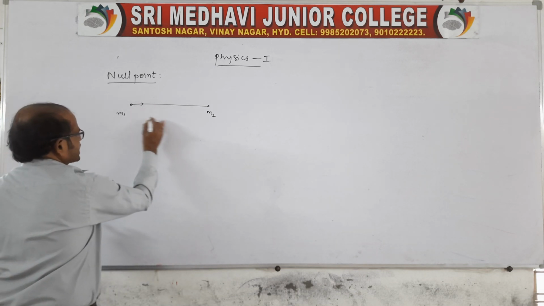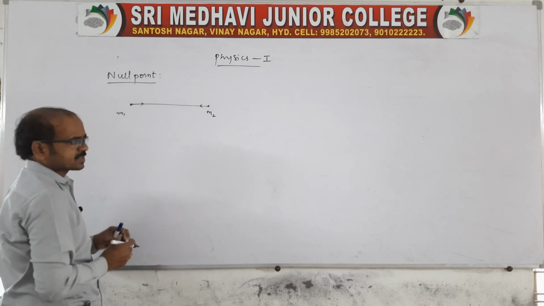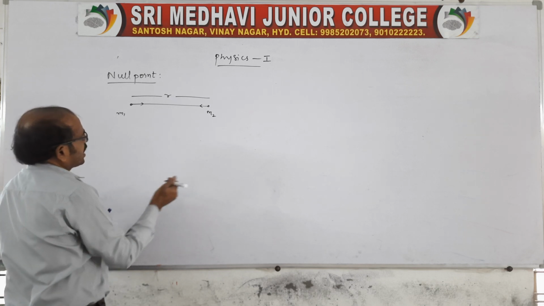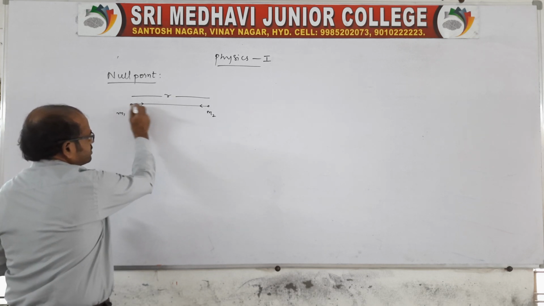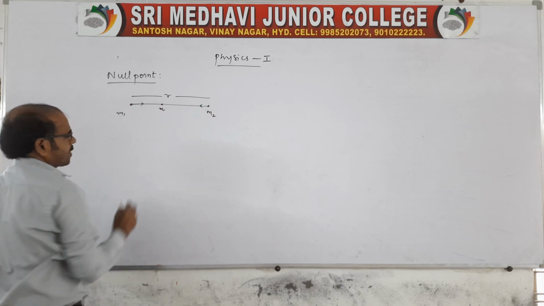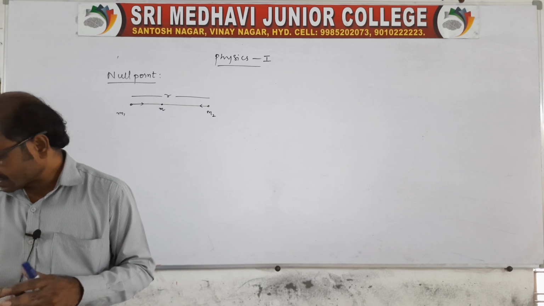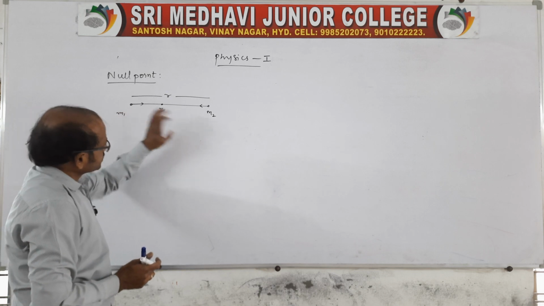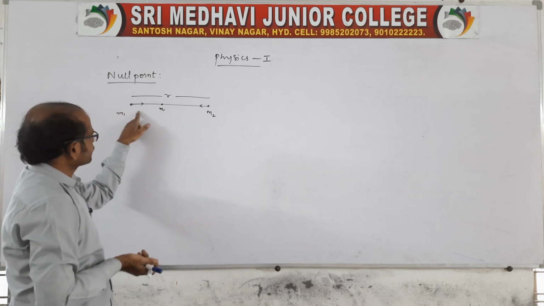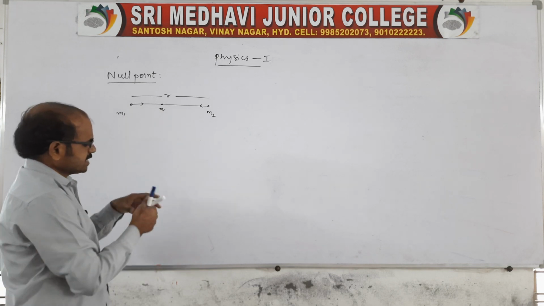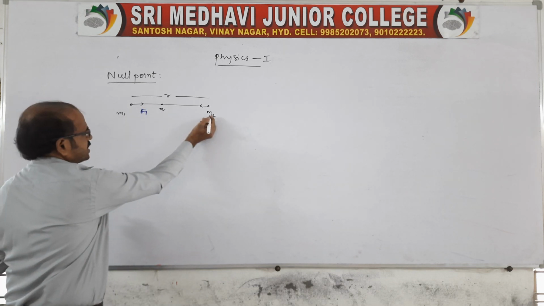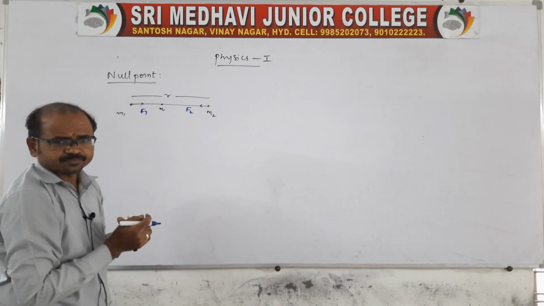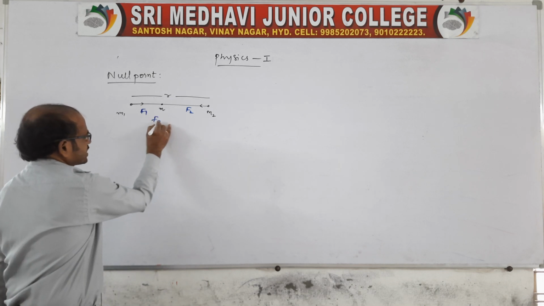The force acts between the two masses like this, and the distance between the two masses is small r. Let us take another point mass, small m, placed in between the two masses. Here we have two null points. One is between the two masses, because there is a force F1 acting between m1 and m, and a force F2 acting between m2 and m. Of course, they are equal and opposite, so they may cancel. The net resultant force is 0.